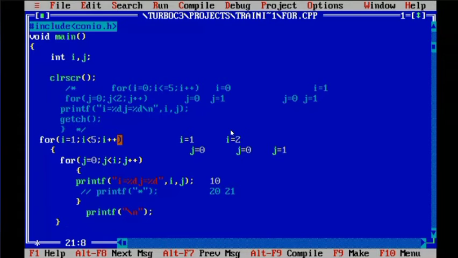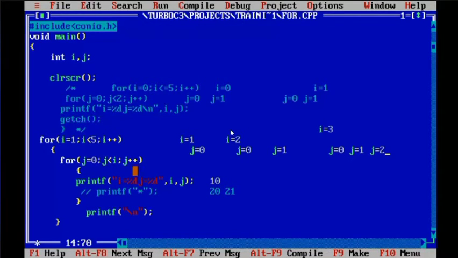i will become 3 now. In the next iteration, i will become 3. So for that, what will be the j value? You can easily understand that the j value obviously will be 0 first, then 1, then 2. Why? Because i is 3, so when j is 2, 2 is less than 3.